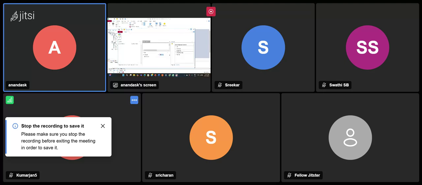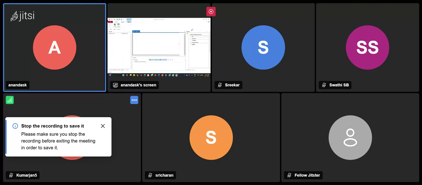So it looks like this, an empty panel. As you see here, there is a toolbox. So you can add a button, just by drag and dropping,